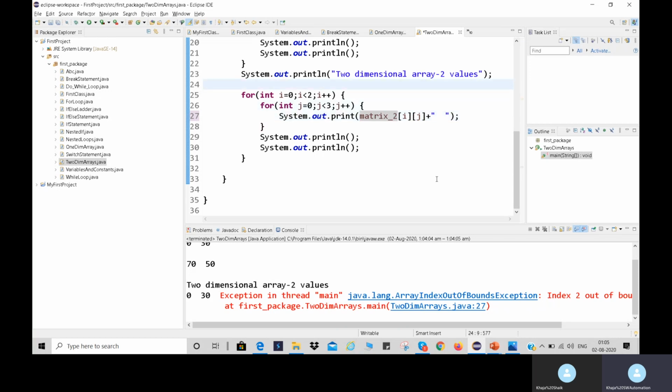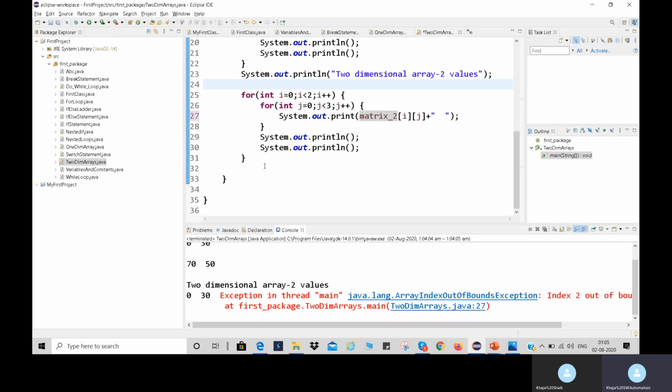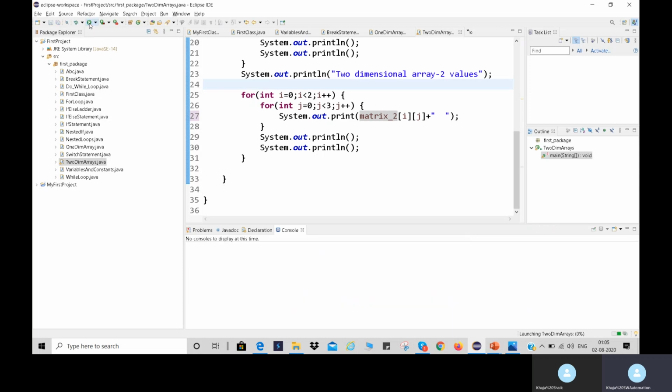See, it is showing the error, array index out of bounds. It will always show that, because here I am taking row 1 and I am displaying the third column value. There is no third column at all. That's why it is showing the error. Okay, now it will run successfully.